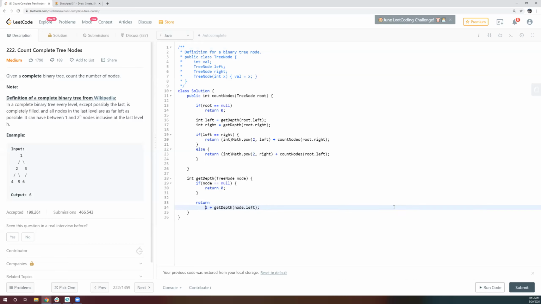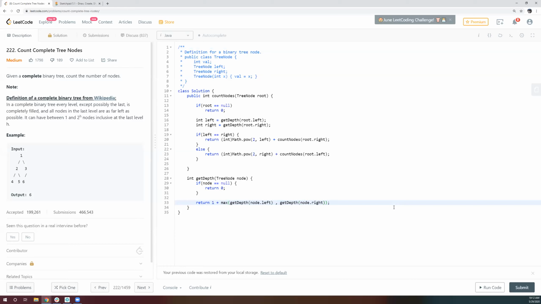What I was trying to say was that generally we go left and then get the depth, and that's the general calculation of height. That's what I'm doing.